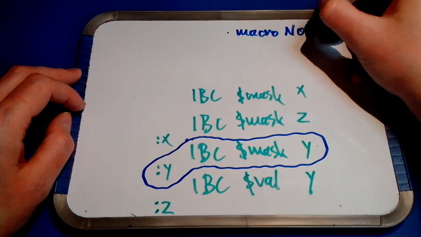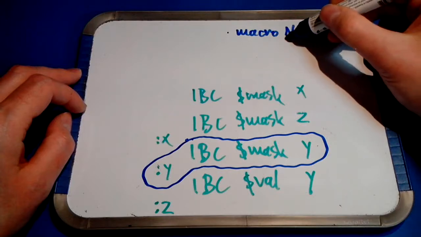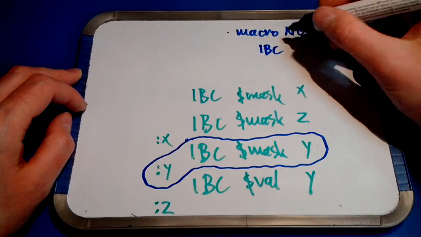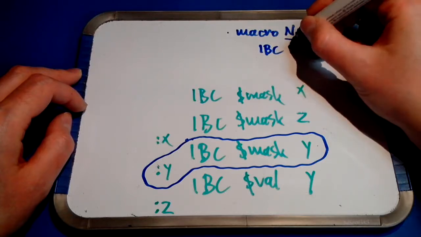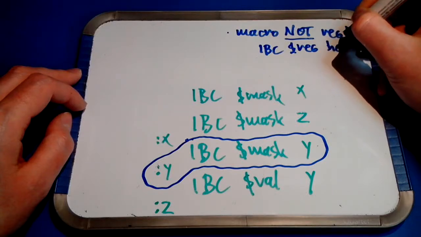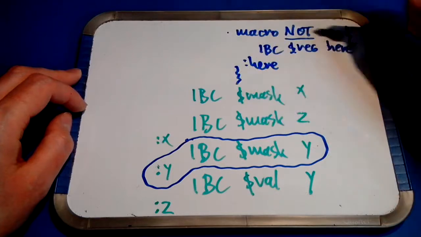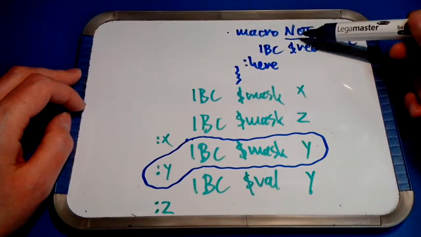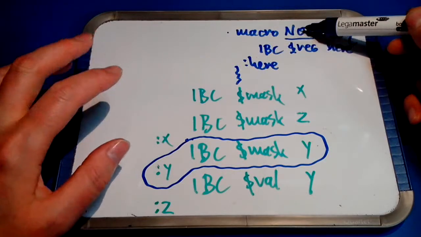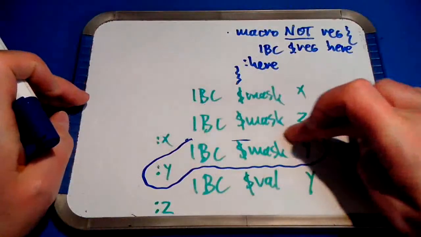The macro in this case is named not. So this basically says whenever the word not is encountered in the program, the assembler would replace that word with the code inside the macro body. So now we can write, instead of this,